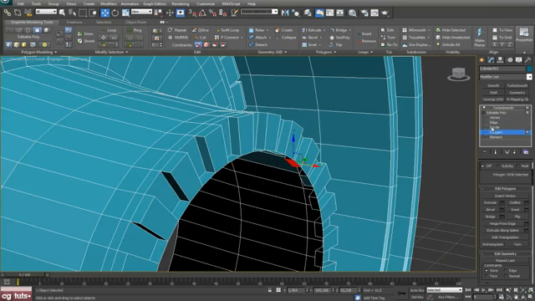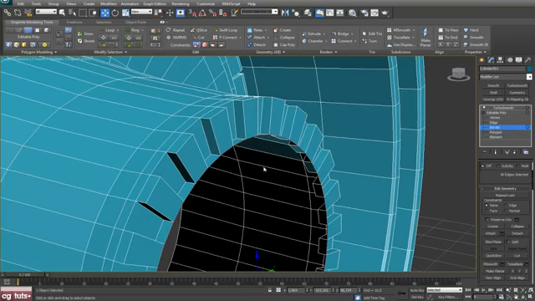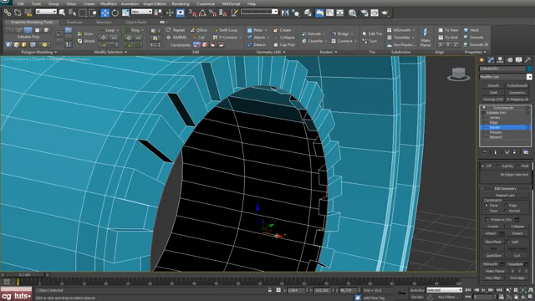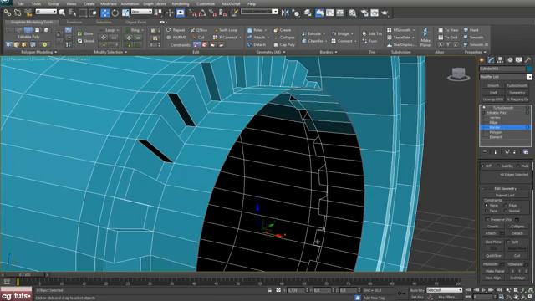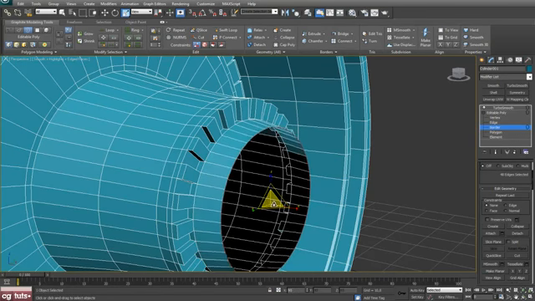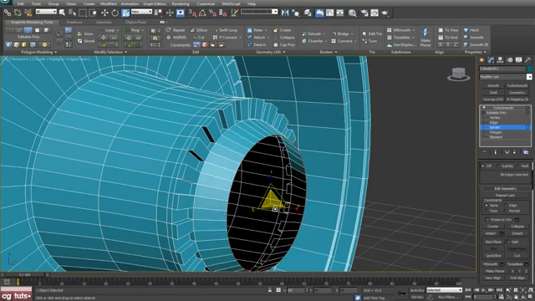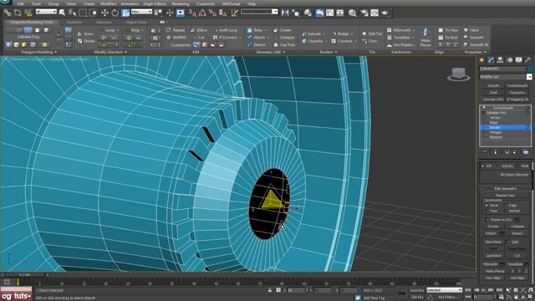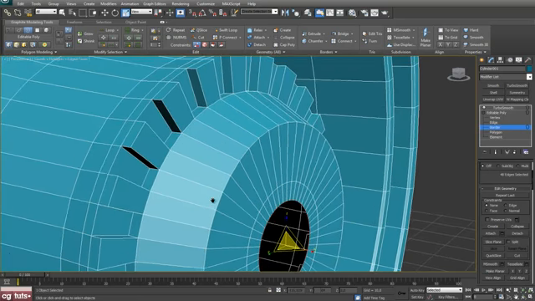now select border and shift and scale, shift and drag, and now scale that down and scale one more time, shift and scale, and one more time. Okay, now